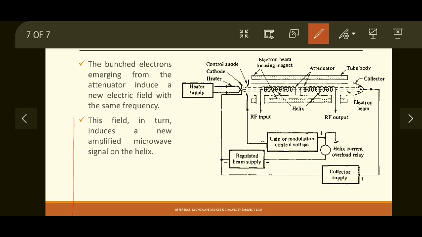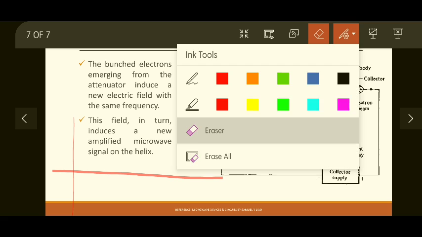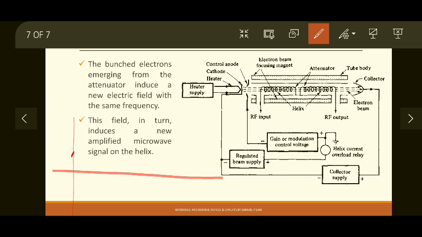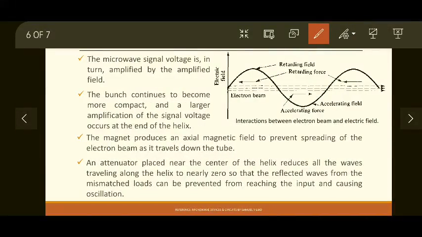because of retarding field amplification. Let me draw a complete diagram. So it will not be like this one. This will not be the case for electric field. What will be the case? Electric field will be like this one. So more electrons will be in the retarding field, and fewer in the accelerating field. That is the reason, because the signal is shifted by the DC voltage. Okay, so that's the meaning of this statement.